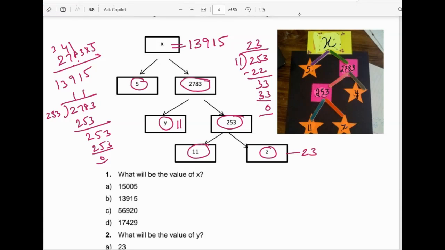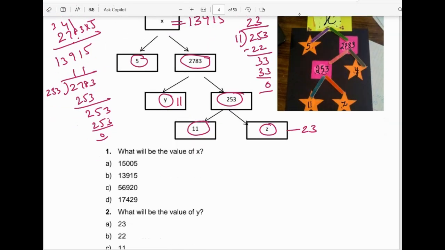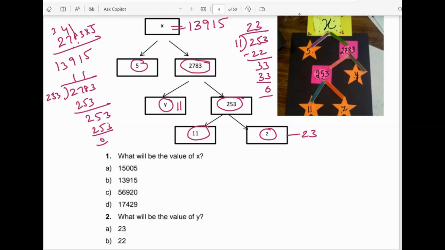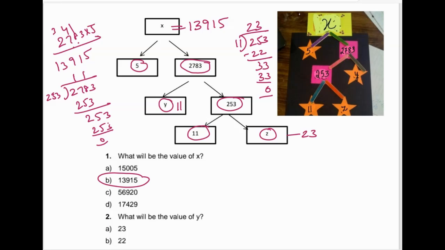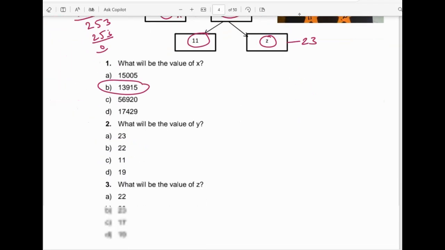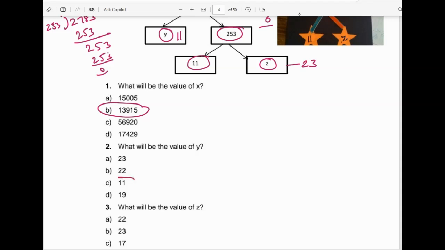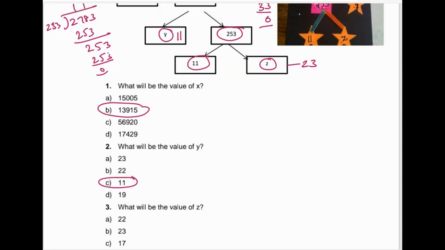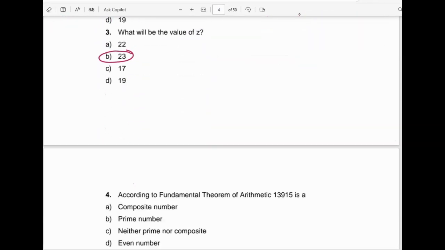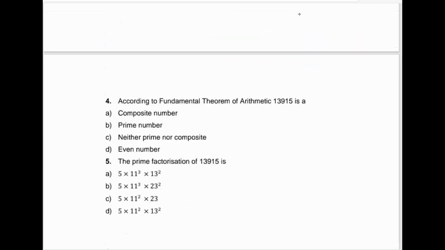Now what is the answer here? What will be the value of x? The value of x is 13915. Then what is the next question? What is the value of y? Y will be 11. Then what is the value of z? Z will be 23. So next one we have, according to the fundamental theorem of arithmetic, 13915 is a composite